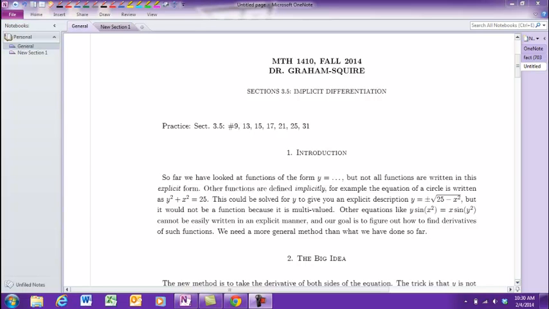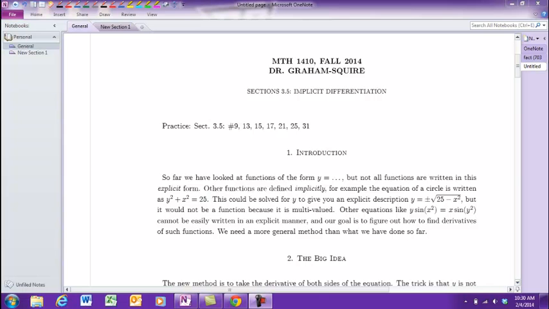Section 3.5, implicit differentiation. So far we've really just looked at functions of the form y equals something, but not all functions are written in this explicit form. Other functions are defined implicitly. For example, the equation of a circle is written as y squared plus x squared equals 25, and that's a